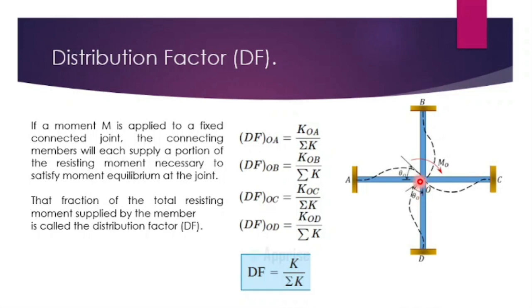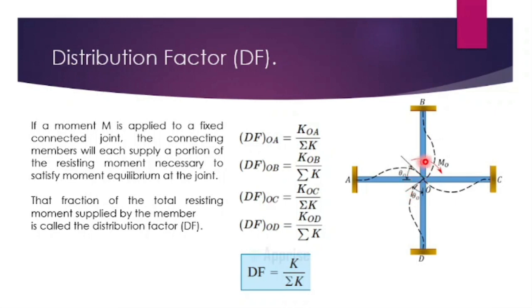At the joint you will be having a moment. Since this is a hinged end, you will be having a moment of 0, but this is not taking any moment. We cannot say that this joint is not even taking any load. So this is not the concept. Why? Because the sum of all the moments is 0 here, that is, you will be having negative and positive moments. If you add them up, you will be having 0.